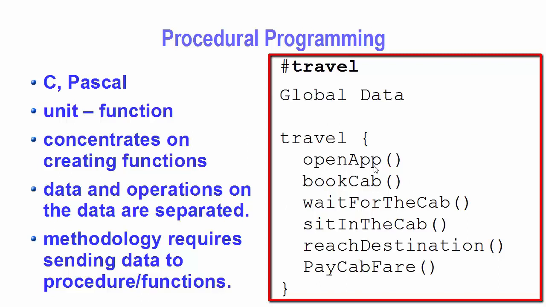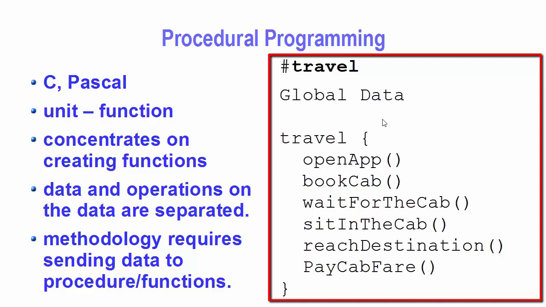This is a pseudocode which I have written. First of all, the passenger will open the app from which he can book a cab, and then he will book the cab. Once the cab is booked, he will wait for the cab, and once the cab arrives, he will sit in the cab, reach his or her destination, and at the end pay the fare of the cab. This is the pseudocode of that algorithm, and then we will translate it into actual code